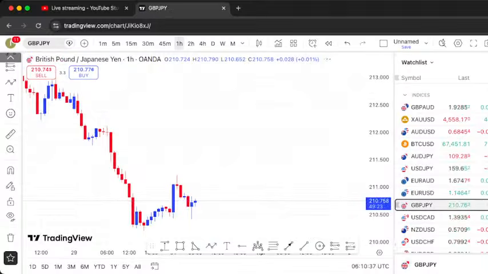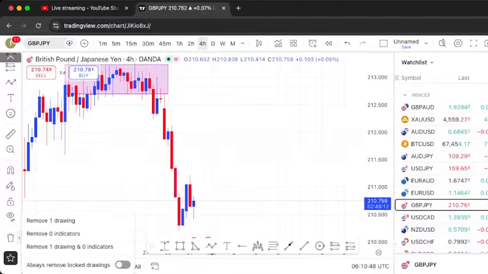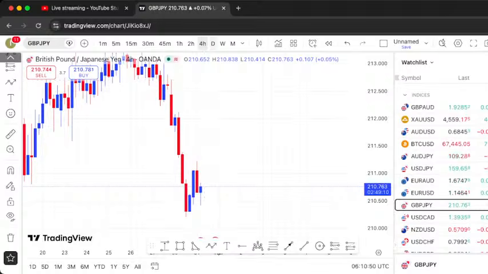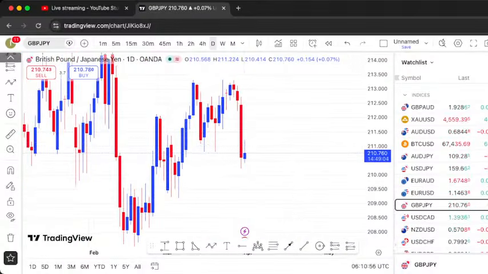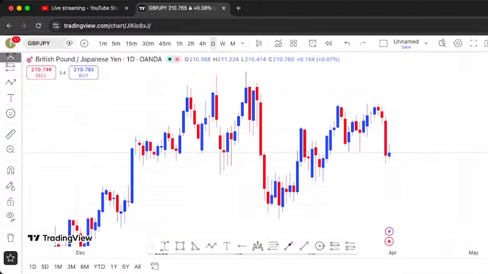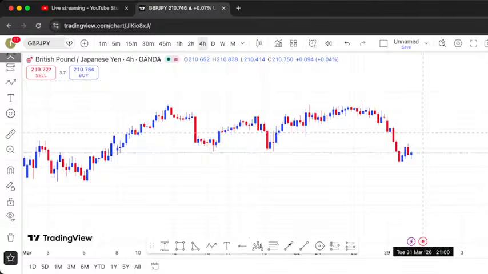GJ, GBP/JPY. The structure on GBP/JPY is not that clear on a higher time frame, but on the lower time frame,